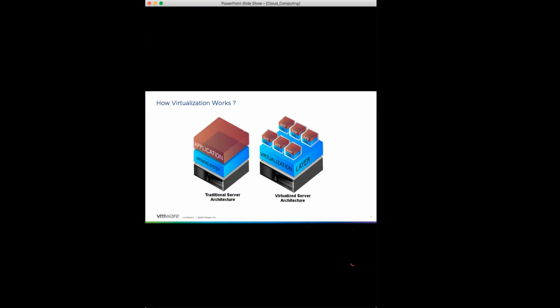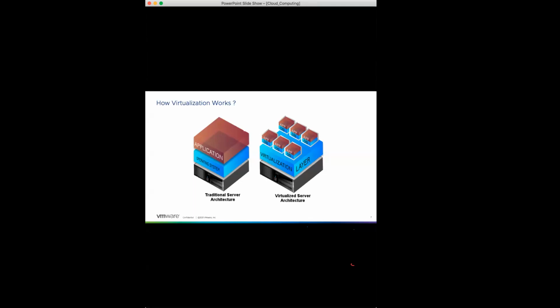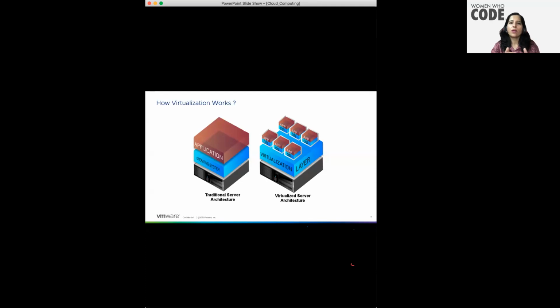Did I answer? Yeah, but say one server has 35% usage and another server has 20% usage. In order to have better utilization, can we have those 2 servers combined together and run as a single instance? No, that's not the case. We are not combining the servers. Maybe from there you brought the concept called server consolidation. It's not that. What you can do is logically create multiple VMs out of one server, and each VM now becomes a separate server for you. It acts as a physical machine for you.